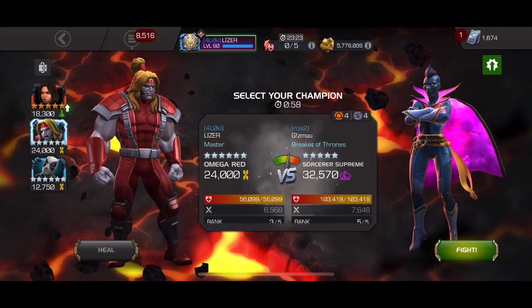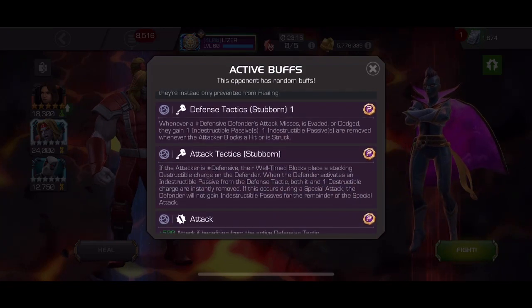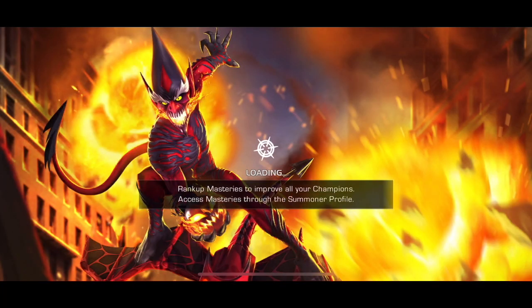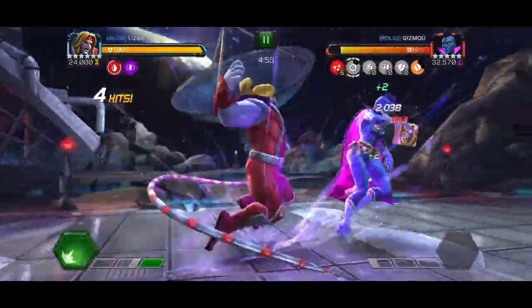My first fight here is going to be the Sorcerer Supreme, and this is on the Vigor and Indomitable node. So, I was a little bit worried about this placement. I was worried about her power getting out of control. So I'm going to go in here with Omega Red, and I did use a Power Start 1 boost for this fight,